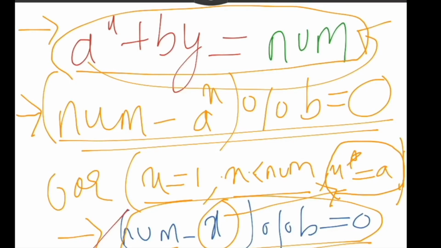So if your a is 1, right, then you will end up in an infinite loop. The reason being that you will end up doing 1 into 1 every time, and this will run into an infinite loop. So that's the only corner case that you have to take care of. And let us look at the general tree structure or the set structure that will get generated when we have a equal to 1.